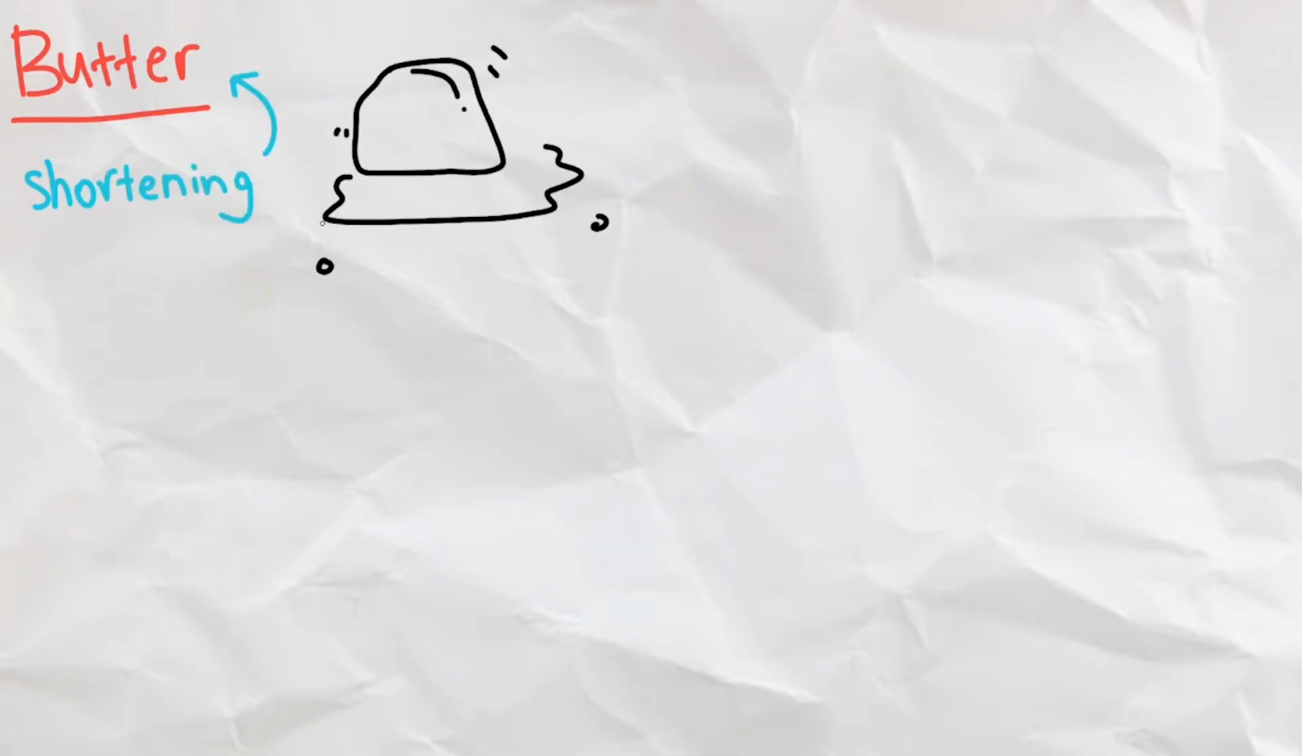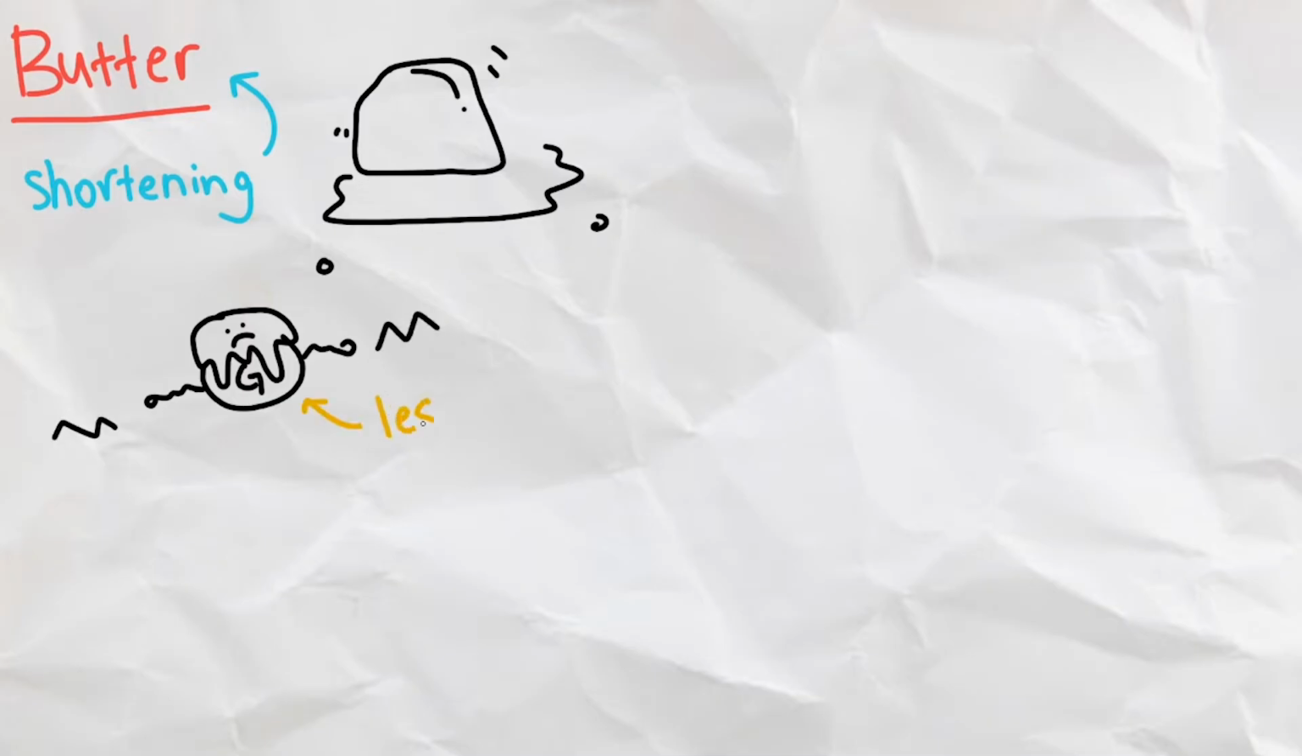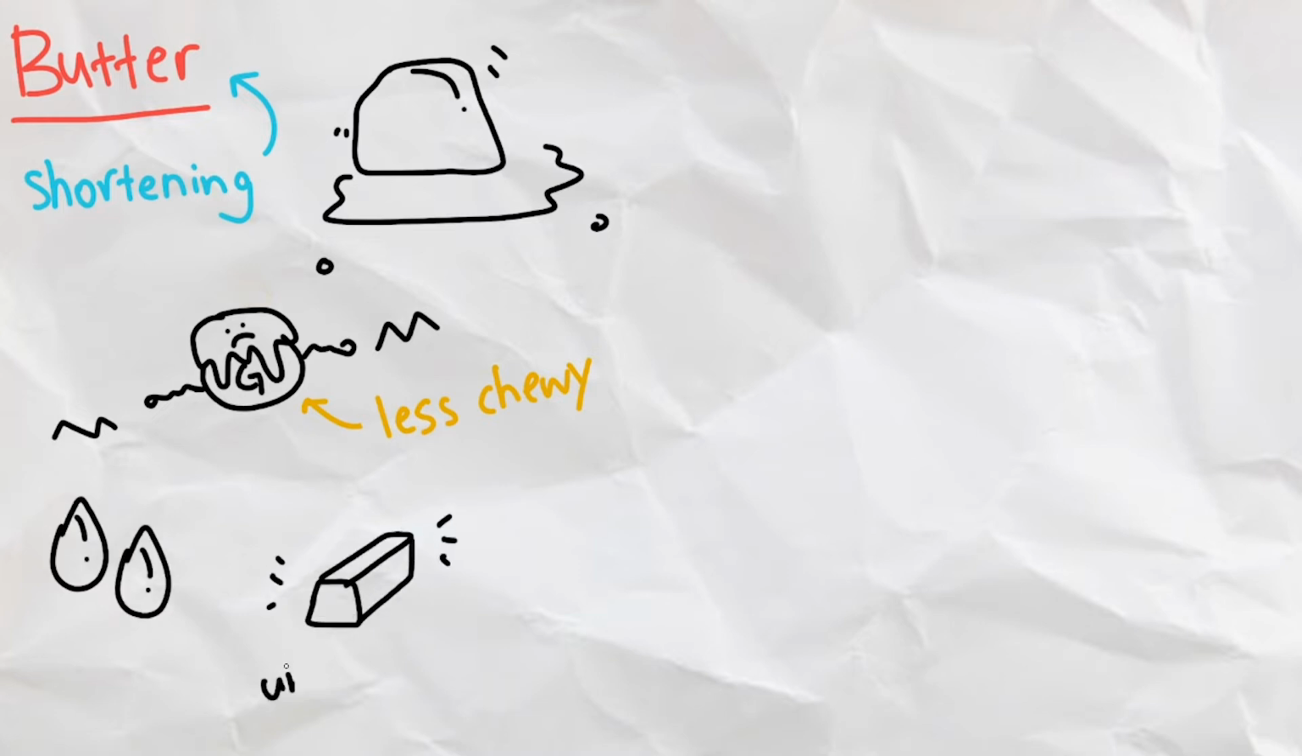Next, we have butter, which is known as shortening, along with lard and coconut oil. They can coat and restrict bonding between gluten, therefore shortening them. With less gluten connecting, the product becomes less chewy, which is why adding more shortening makes the product more tender. Shortening also provides moisture, which is why a lot of recipes use unsalted butter, as it contains more moisture than